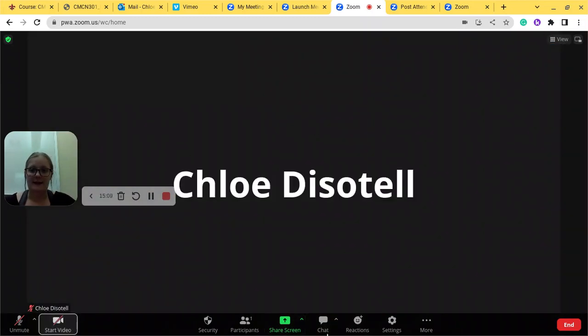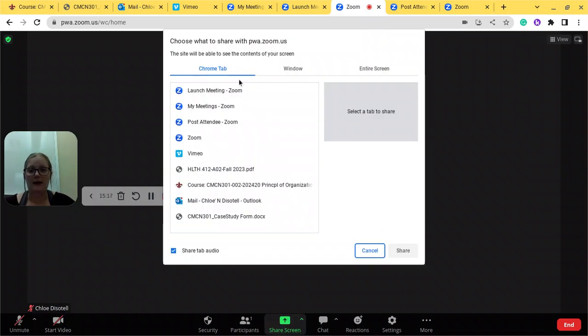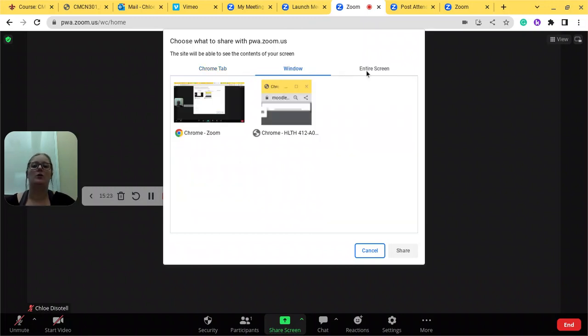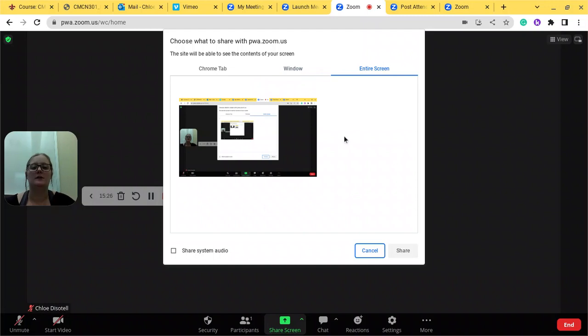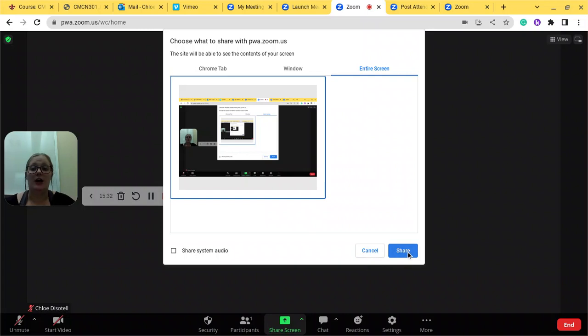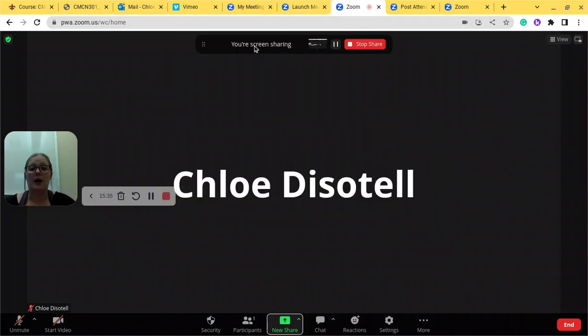And lastly, there is screen share or share screen. And with that, you will press what you want to share. If you want to share a specific tab, a specific window, or your entire screen, you do that. And then once you press it, you will press share. And then up here is what the host or the person sharing will see. And you can change tabs and things like that. And then once you are done, you will press